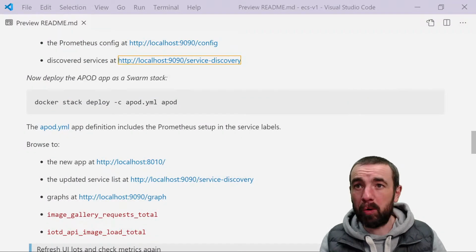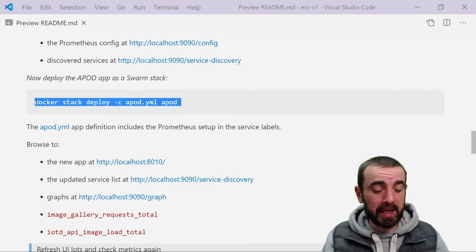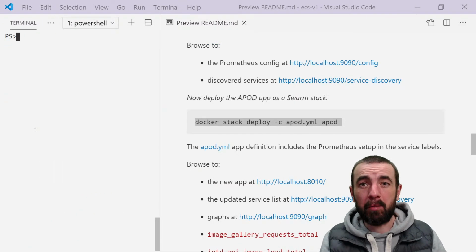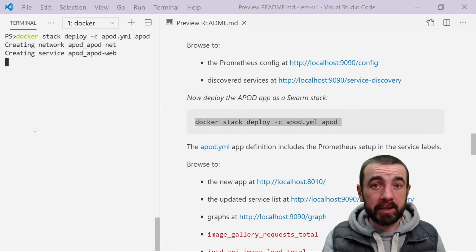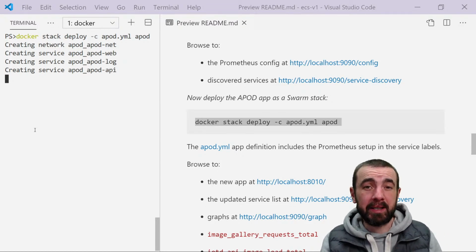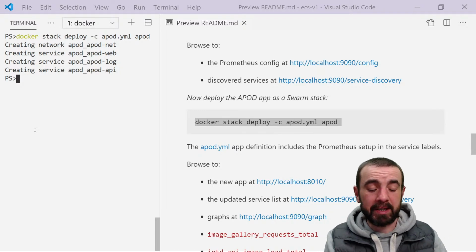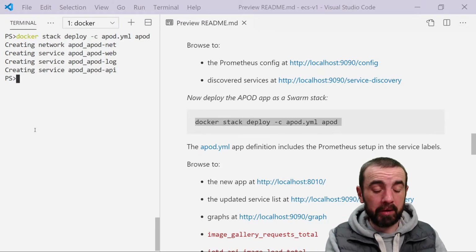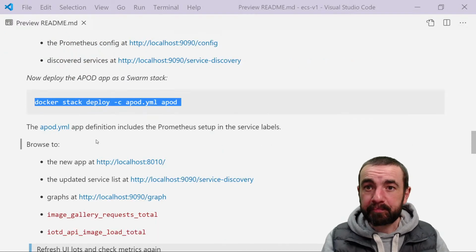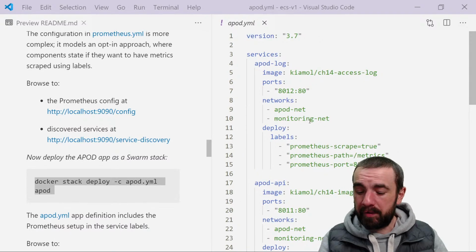So now if I go and deploy my application, this is the same APOD application, same container images, nothing different except that I'm modeling it now for Docker Swarm instead of Docker Compose. It's going to create my 3 components, it's going to plug them into their own networks. They're all going to communicate within this APOD network, but they're also connected to the Prometheus network where the Prometheus collector is running. So if I look at the YAML file here, what we've got is this is the bit